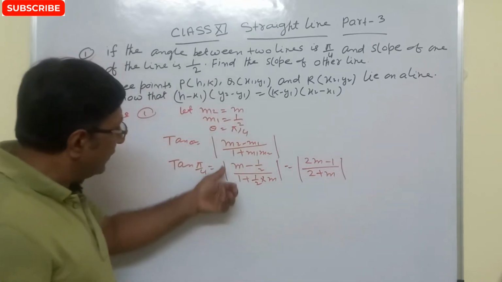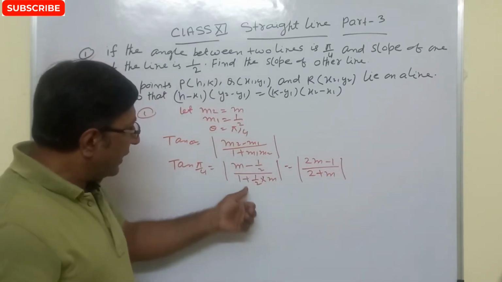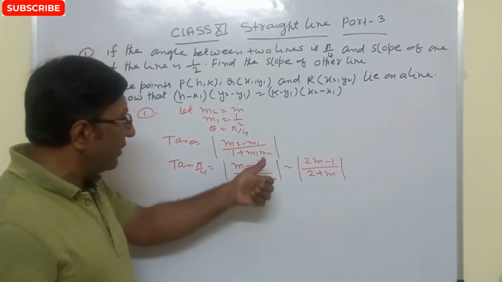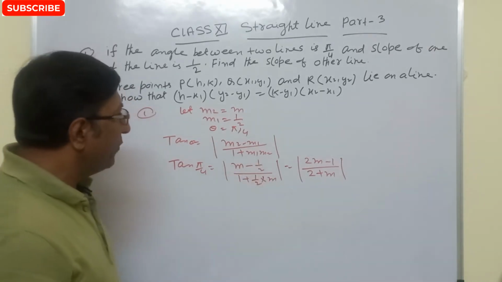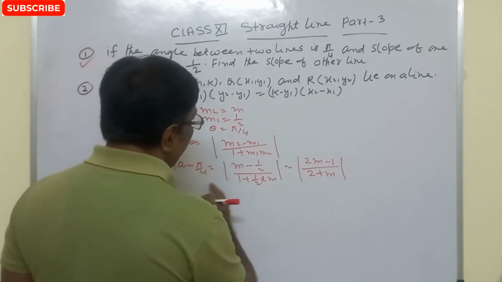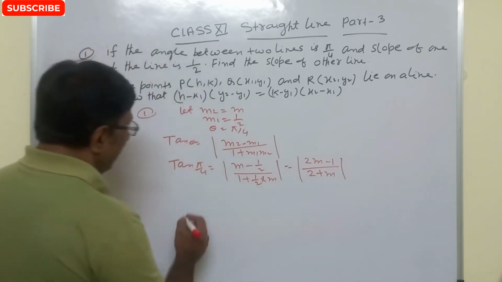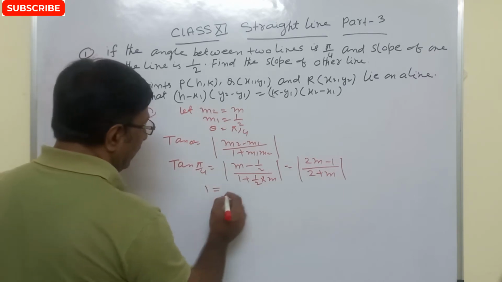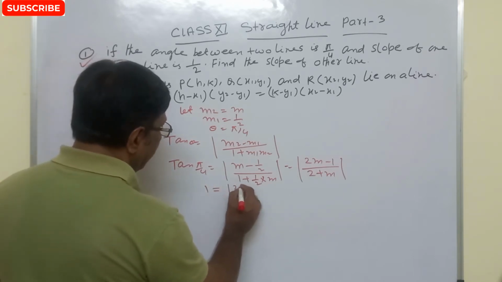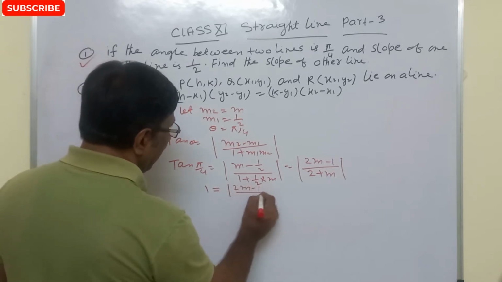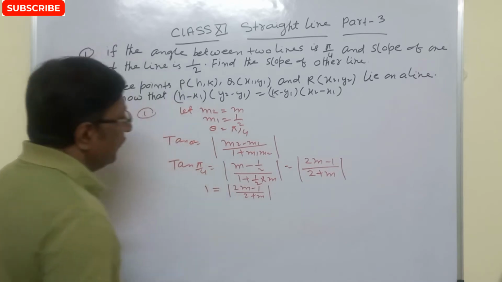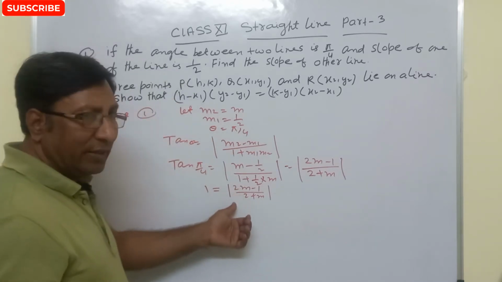okay? So this is (2m minus 1) by 2, and here (2 plus m) by 2, and the 2s cancel out, so you get (2m minus 1) by (2 plus m), and tan pi by 4 equal to this, okay? You know tan pi by 4 equal to 1, so 1 equal to mod of (2m minus 1) upon (2 plus m), so this is the mod। So we can take one positive value and one negative value।